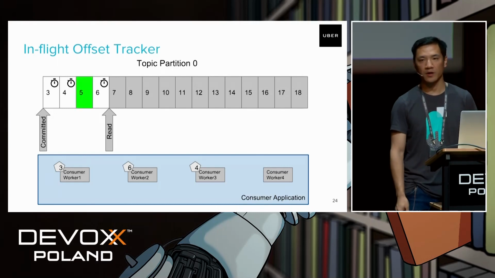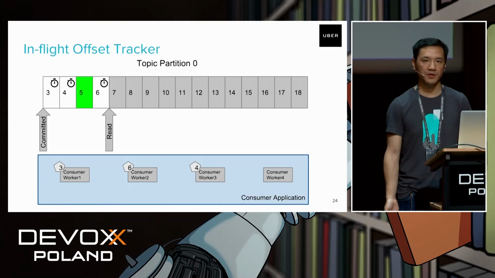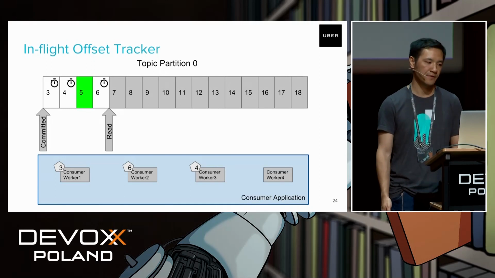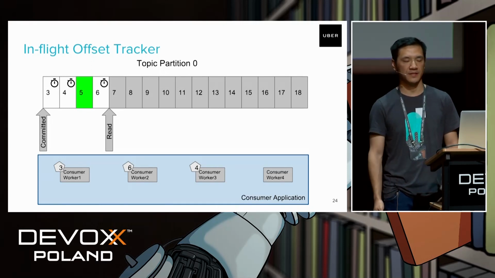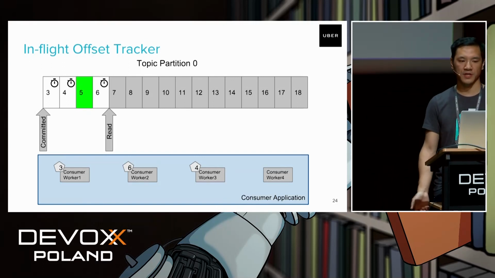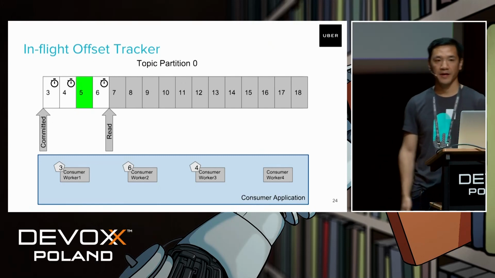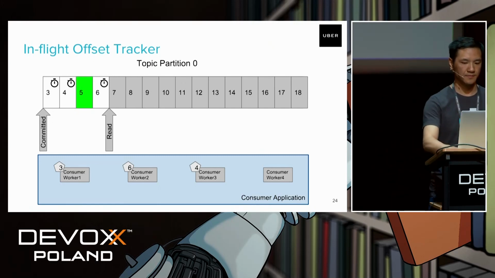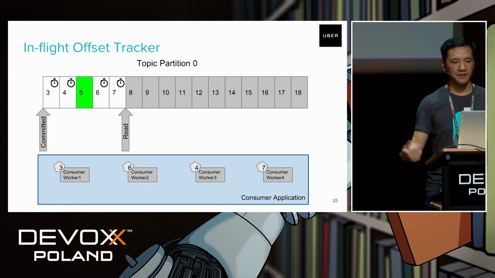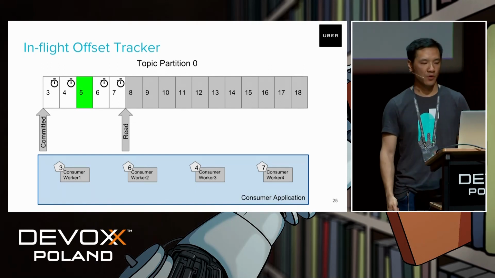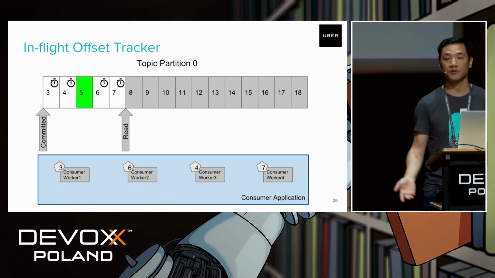Now say worker 4 finishes the processing of message 5, and then acknowledges the message back to the offset checker. So that message will be marked as green in this case. And then the message of offset 7 will be assigned to worker 4 to continue the processing.